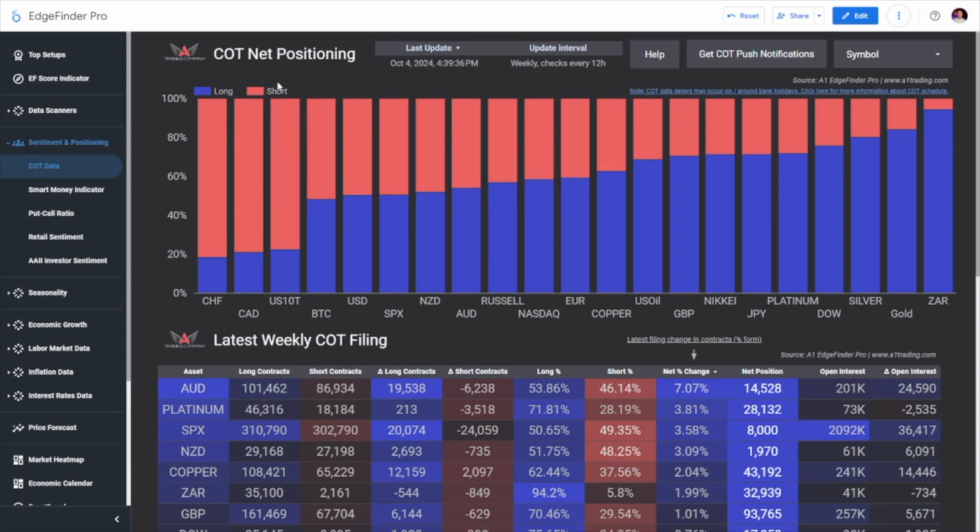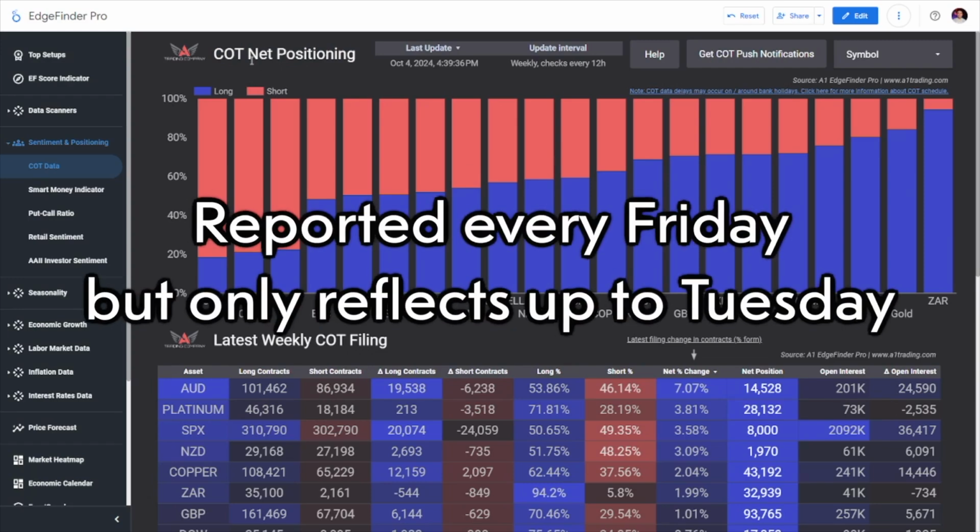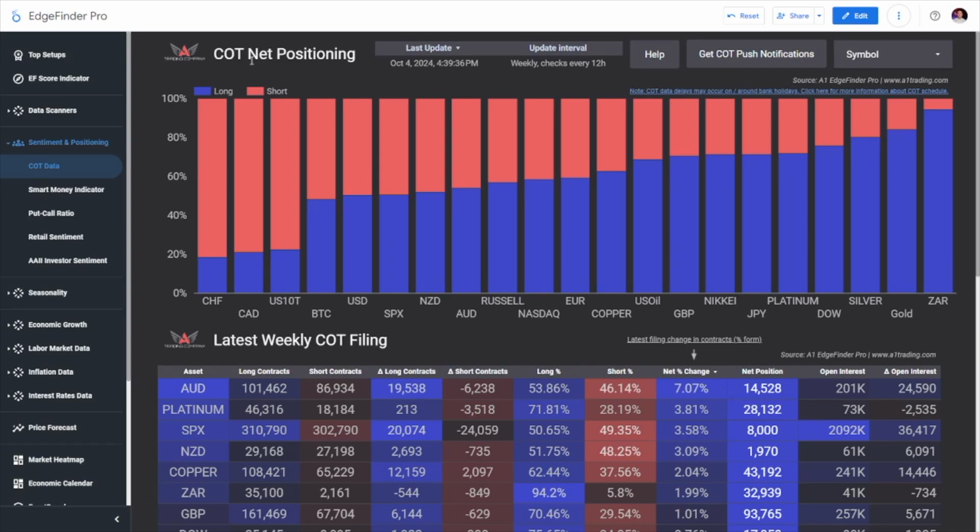Now, there is one downside that we need to discuss with the Commitment of Traders data, and that is that the data is reported every Friday and it only reflects data up to that Tuesday. Now, again, that might sound confusing the first time. Basically, every Friday we get the data update, but it only shows up to Tuesday. So there is a little bit of delay here, but before you say, oh, well, that's useless, it is still